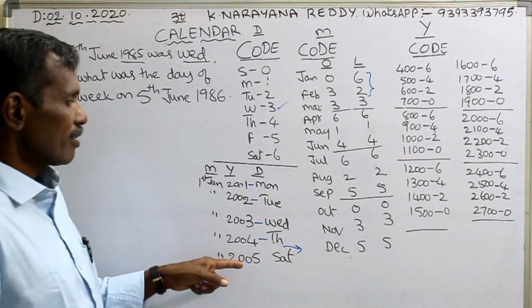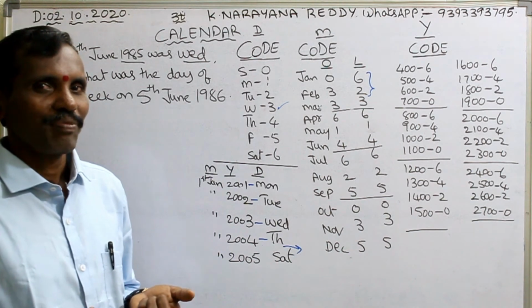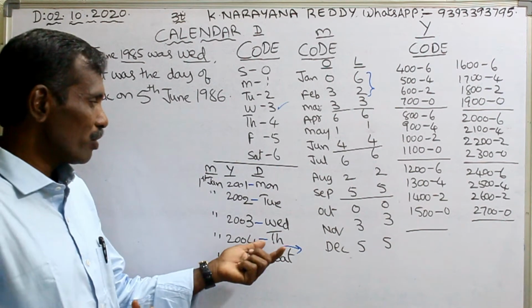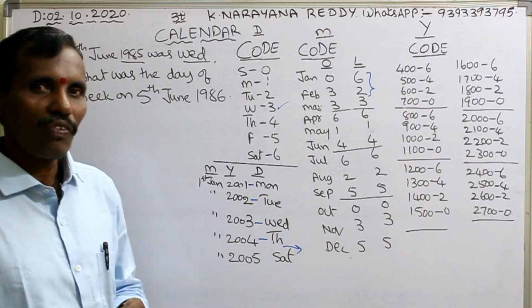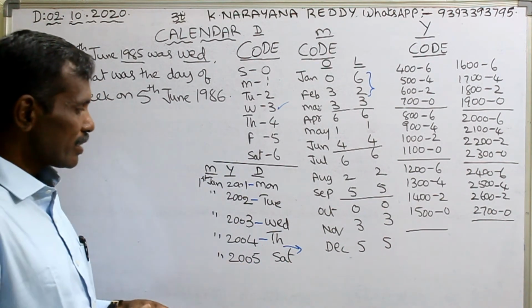Why? Because a leap year contains 2 odd days. Simple logic. A leap year contains two odd days. That is why we are leaving one day. That's all. Friday we are leaving. Next day you are taking Saturday. Same manner, 2006